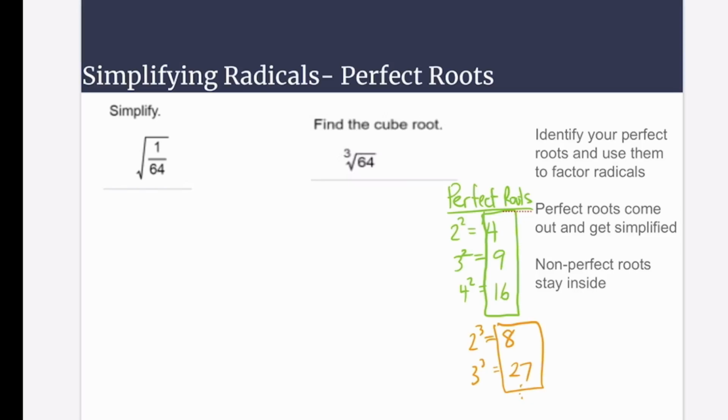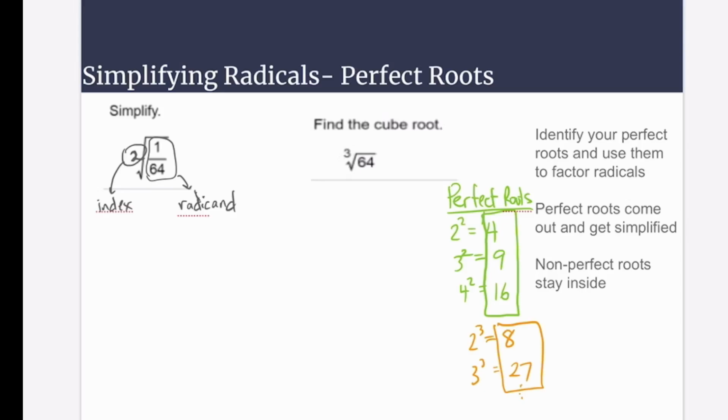So the first thing for this first problem, simplify the square root of 1/64th. There is an imaginary 2 here. So these radicals, if there's nothing written in what's called the index, that is the number 2. So this is your index, and this piece underneath is called your radicand. So if there's no index written, we say the index is 2. So we're looking for the square root of